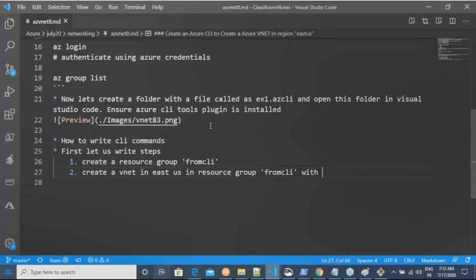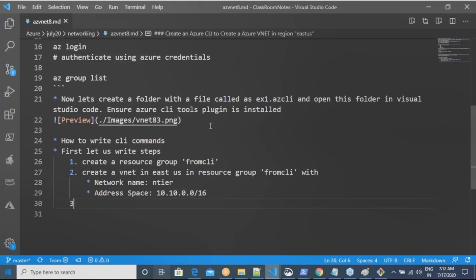Network name. Let me give it a name. Address space. These are the values which we pass, or is there any confusion in this? You can look into the UI if you have any doubts.